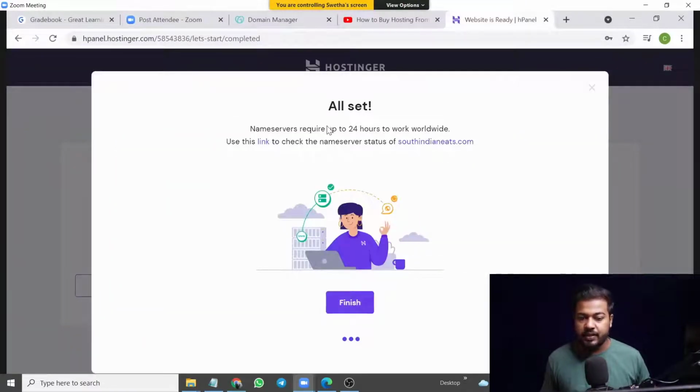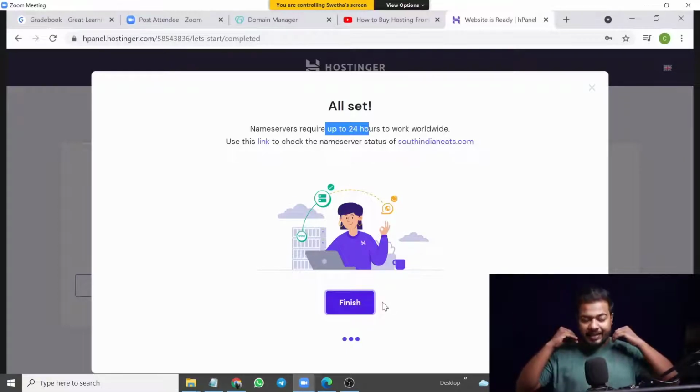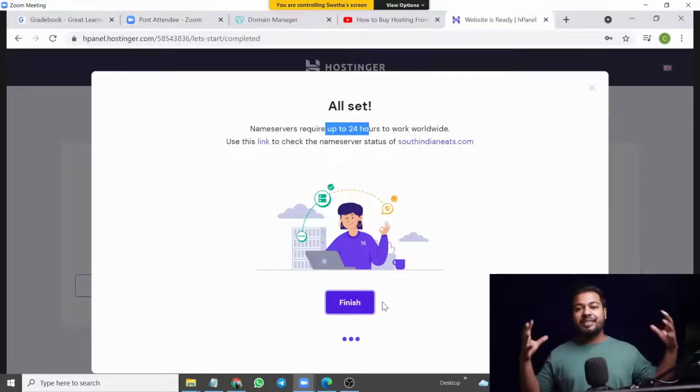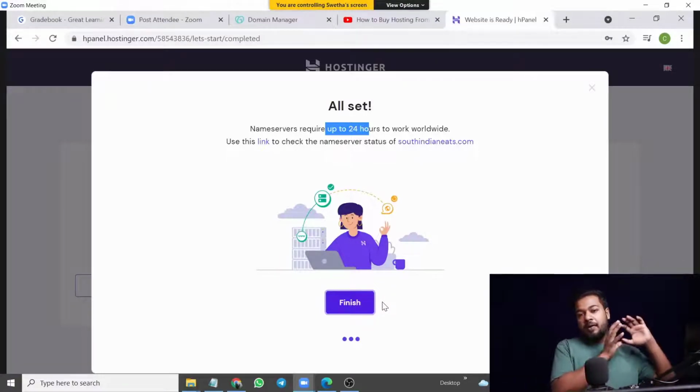All set. So it will take around 24 hours to complete the interlinking, because they interlink all over the world. It gives signals to all the servers inside the world who are fetching the data, like which website is launching, which domain is interlinked with hosting. So all this data is on the internet. So it is giving the response to servers that this website domain is now interlinked with this hosting, right? So this kind of information is sent to the world, and it takes around 24 hours, but I'm telling you it happens quickly. So let's just check if it is done or not, right? So finish.